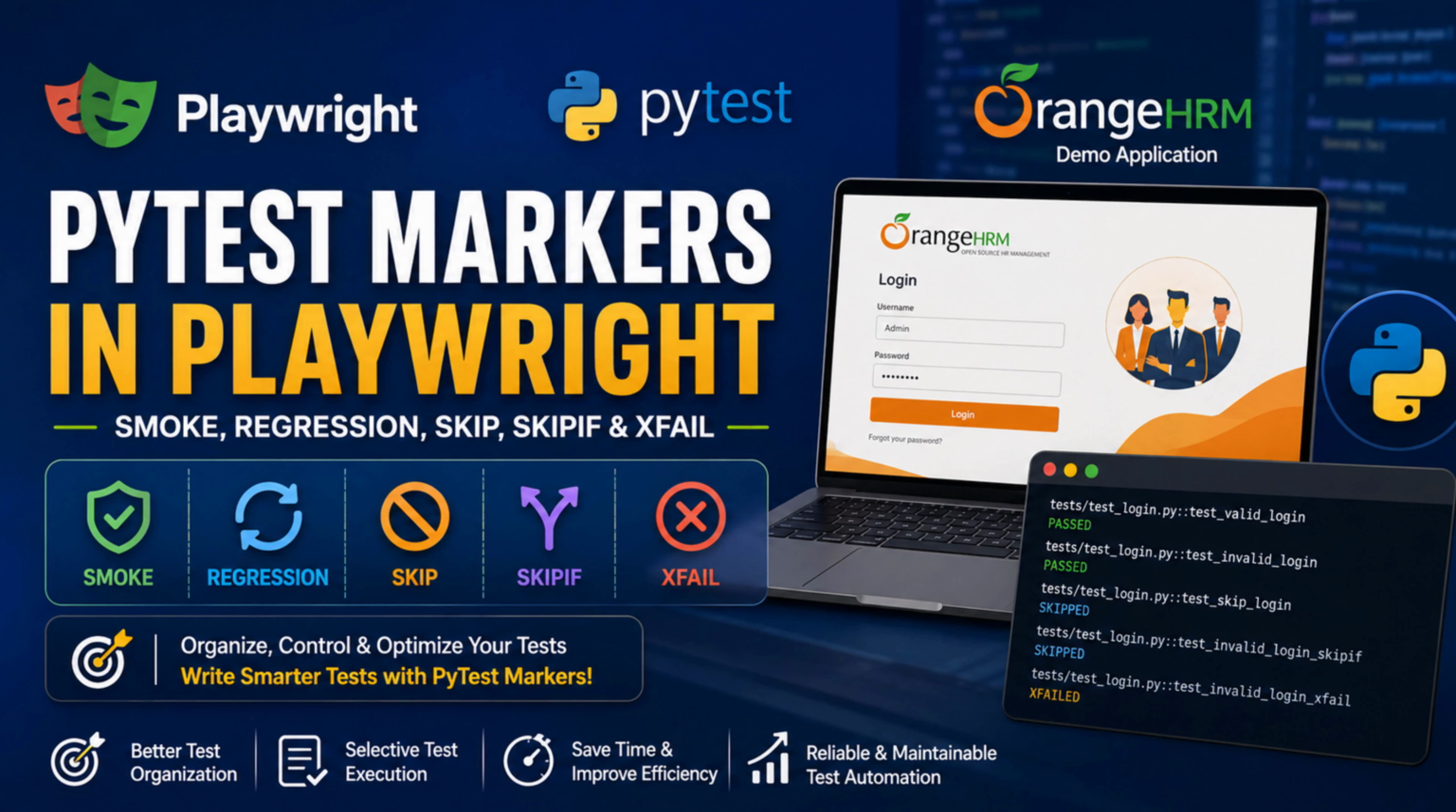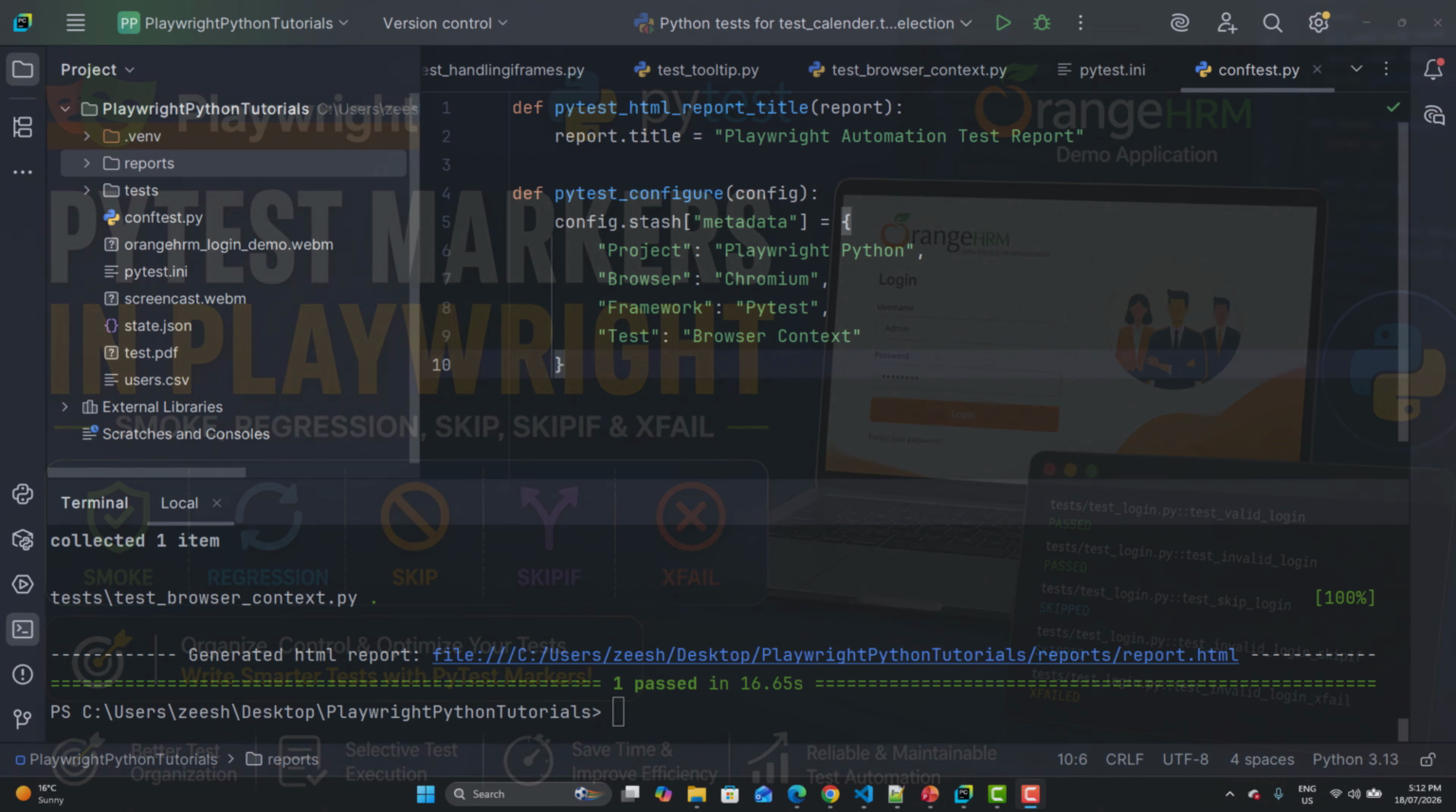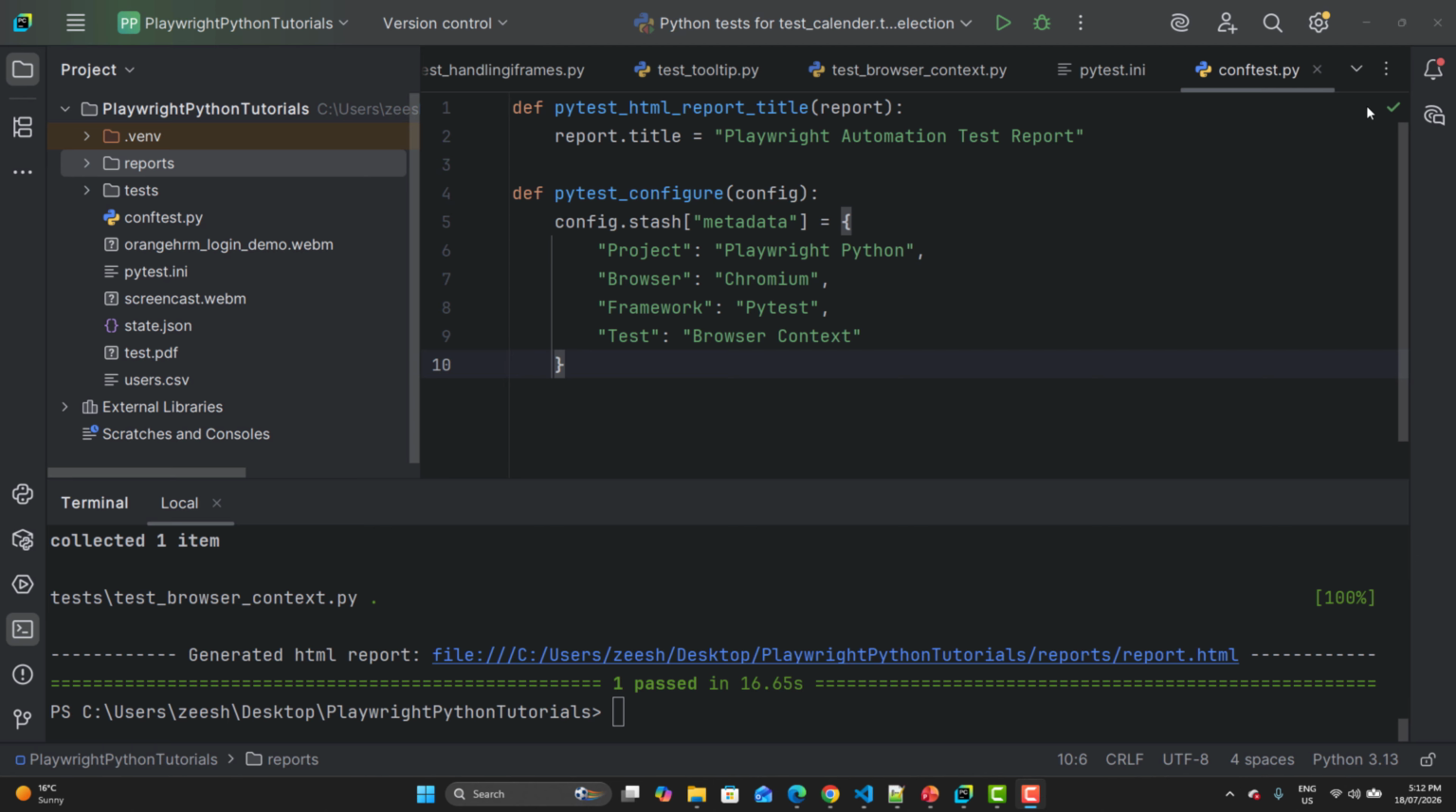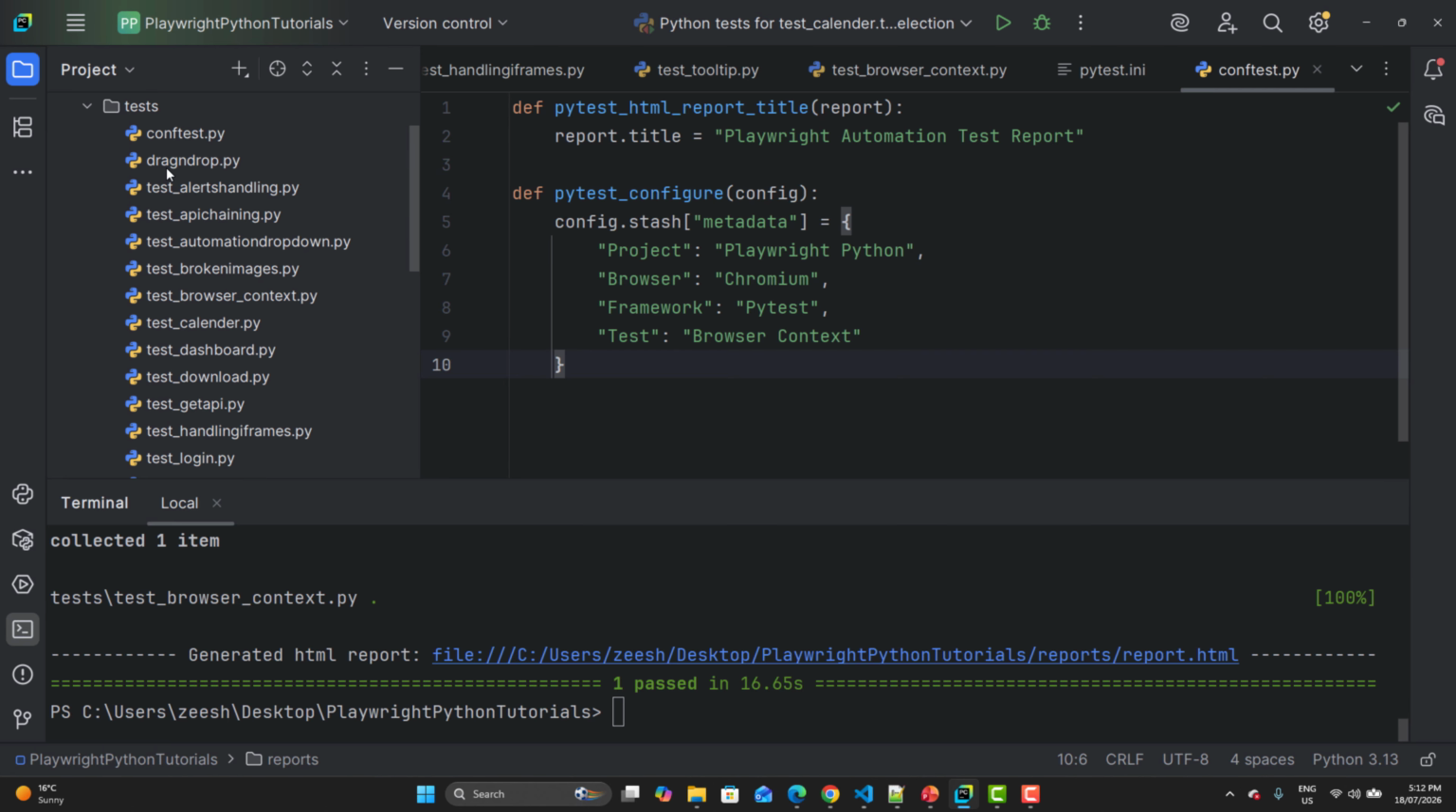In order to handle these scenarios, we have Pytest markers. Utilizing those, we can handle all these kinds of scenarios. So in this tutorial, I will show you exactly how you can achieve this. So let's begin. First, let's create the test, and for that, we need to go to the test folder,